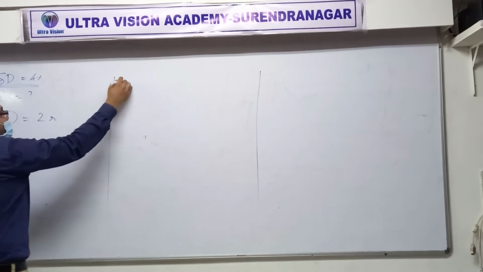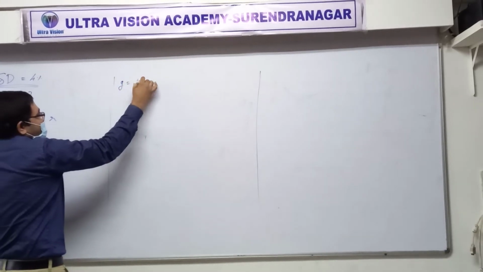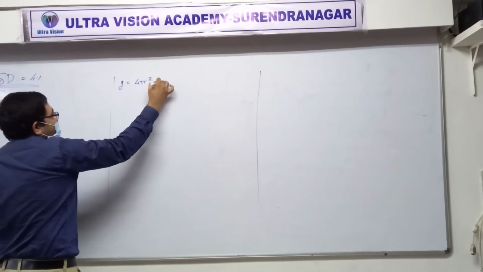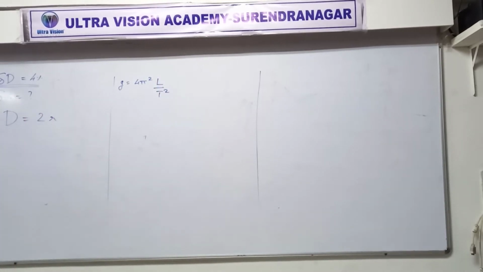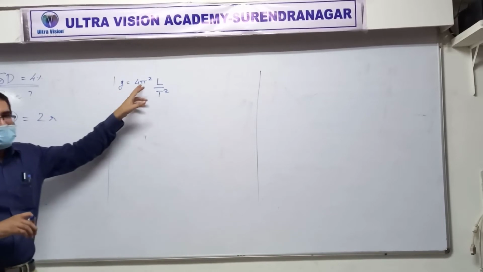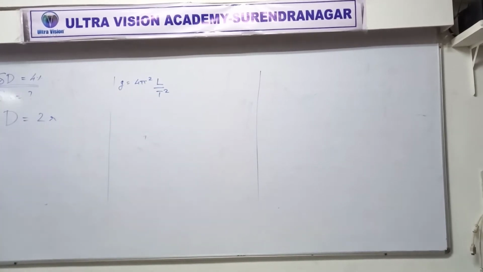Just like when we did the textbook question, we did something like D equal to 4 pi square L by T square. Do you remember? Yes. In one of the questions we had to do this. There also we did not worry about 4 and pi. Why so? Because they are not measured. They are exact values. Got it? So come to this. So here, if I write del D, this is power 1. Yes or no? Yes. Sure. Yes. Everyone there? Yes. Right?